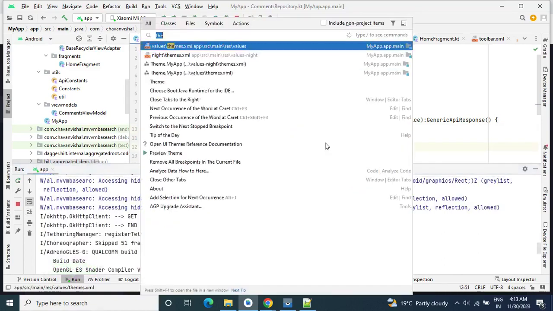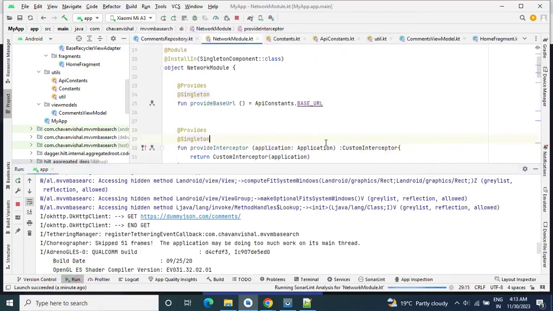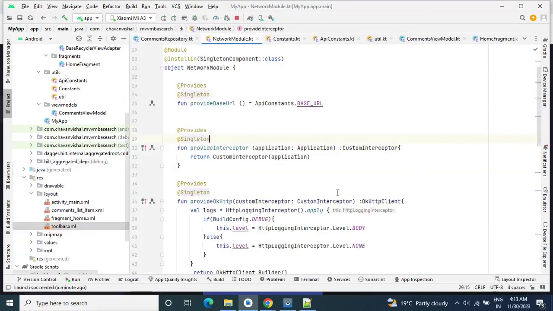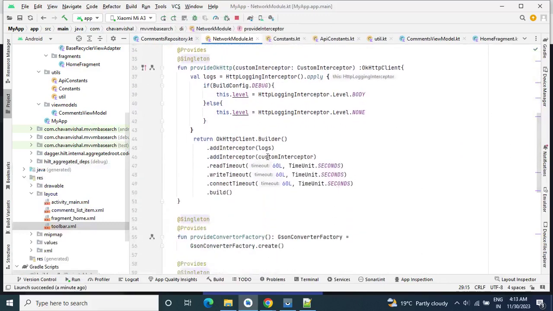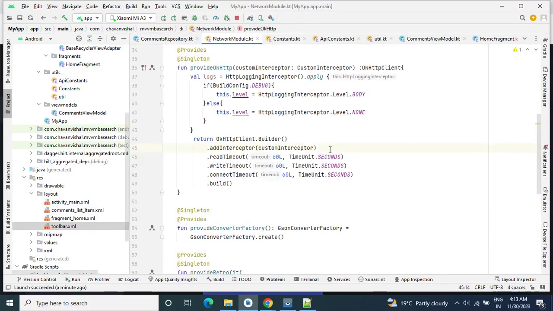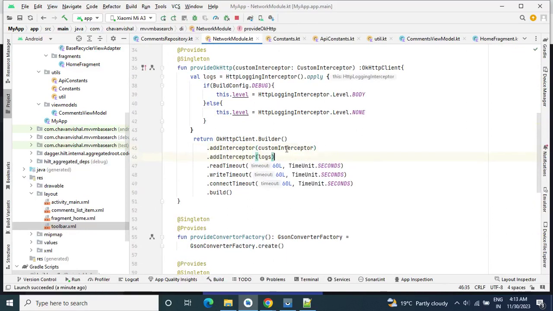So let's go to the network module class, headers. I have added logs first, then I am adding this custom interceptor. Previously I was printing first logs then custom interceptor. So right now we will first add our custom interceptor, then logs.